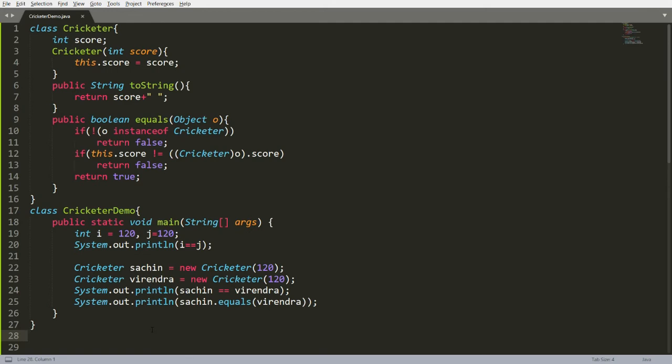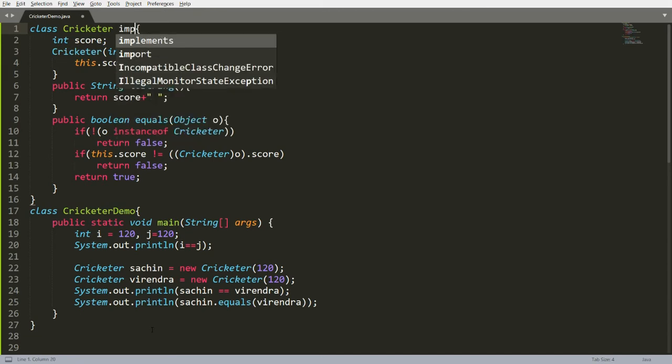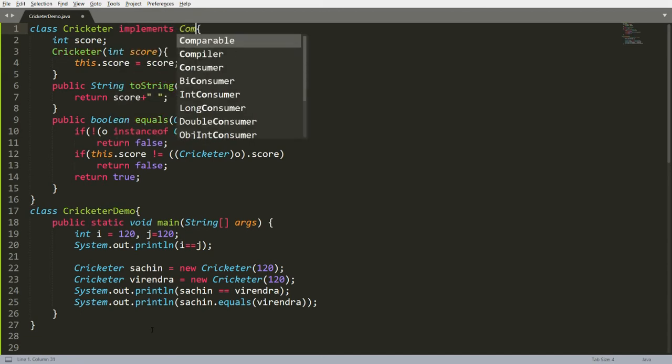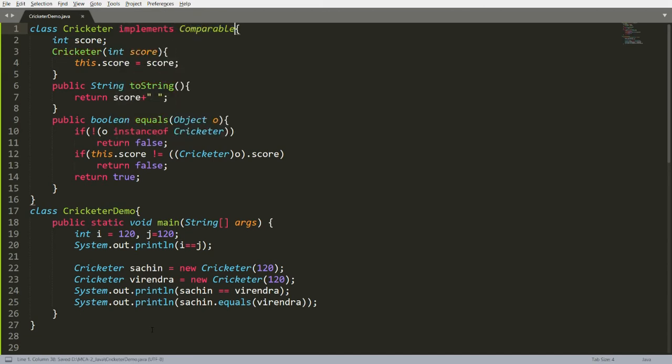If you want the exact difference, then you can use the interface which is available in the java.lang package, and that interface is Comparable. So you can implement Comparable.